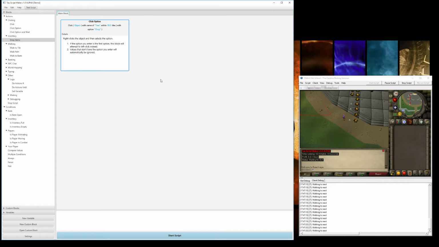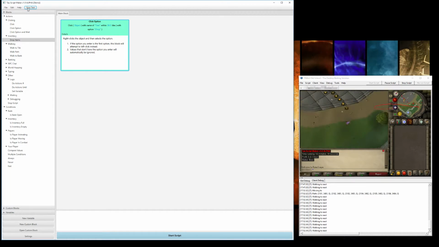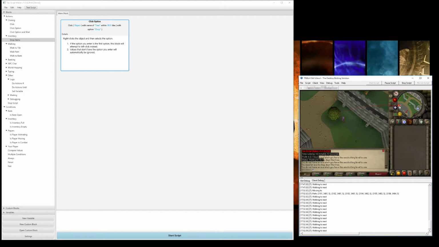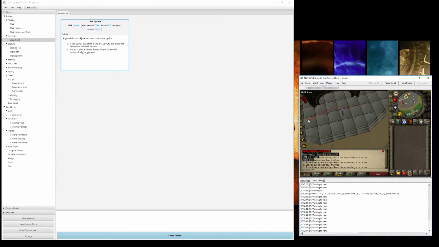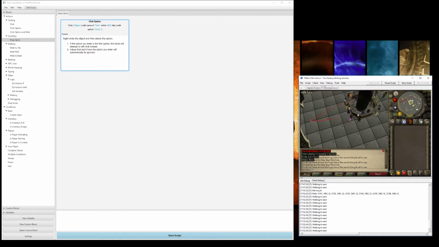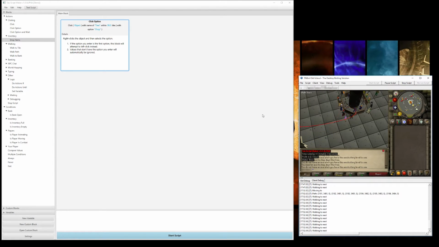So let's try this again, and I'm going to go up here and I'm going to press test script, and you can see that it's running, turning to the tree, and there you go. And you can see now it's waiting for it to, oh, and I forgot to have an axe. Let's stop the test, and I'll go get one really quick. Actually, I don't need to do that. You understand. But it will wait for the, while I'm talking, I'll just get it,